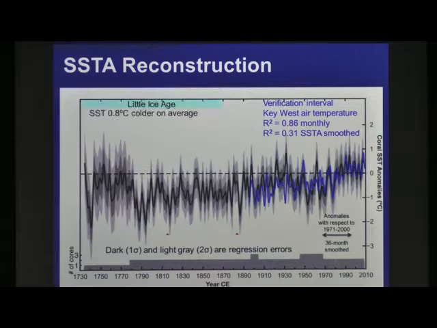Okay? So what are some other things we see in this coral reconstruction? We had Julie's record we talked about at the beginning, where she saw 3-degree swings in the Little Ice Age. If we look at the Little Ice Age interval in this coral, from 1934 to 1870, the temperatures are 0.8 degrees C colder than average. But we do have swings as high as 2 degrees Celsius throughout this interval, similar to what Julie was seeing in her record.